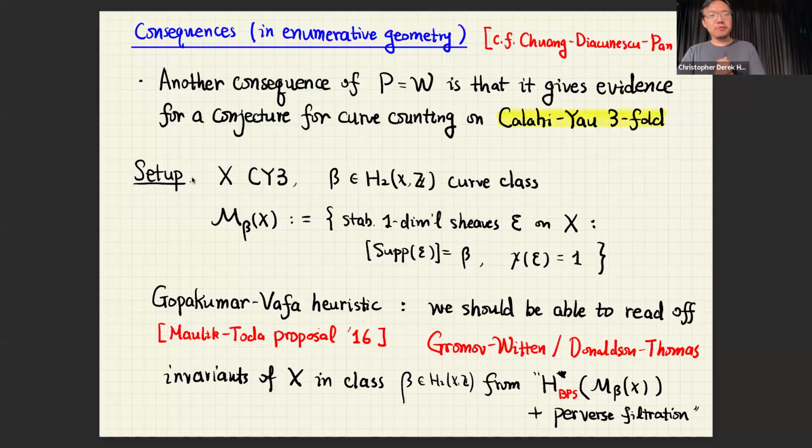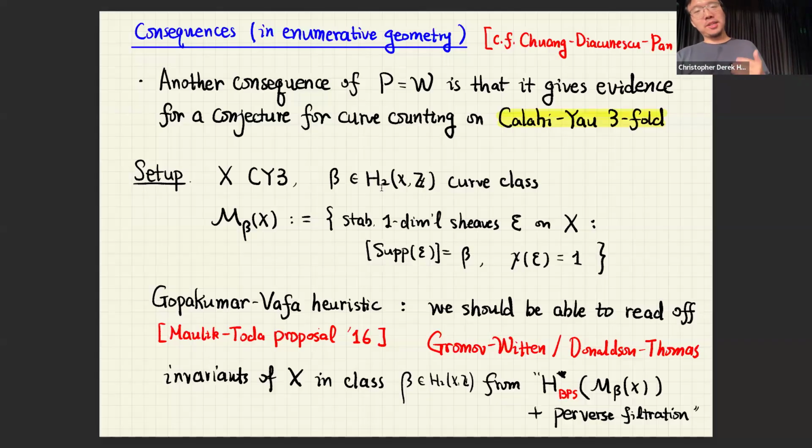So let's briefly recall the setup. Given a Calabi-Yau threefold and a curve class beta, we have seen several curve counting theories over the week. For example, the Gromov-Witten theory, which counts stable maps, or Donaldson-Thomas theory, or Pandharipande-Thomas theory, which counts sheaf-like objects. And actually it's quite surprising, but now, after many years, it's not that surprising that they are equivalent. They give you the same information.